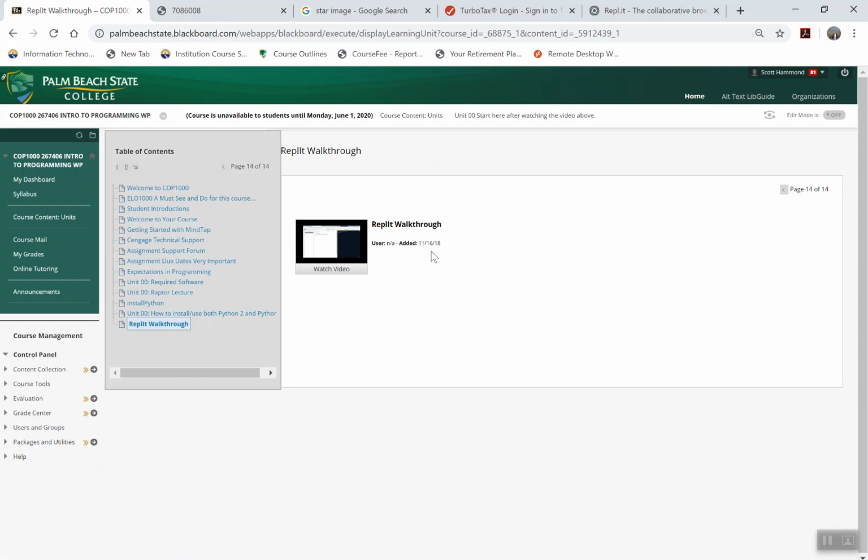Okay, so I've got a software application. It's called repl.it. That's the actual URL for it. I've got a link in that Welcome to COP1000 document that had the who's, the whys, the wheres. There's a link to repl.it in there. You'll go in and set up an account. And repl.it is a place for you to work on your code, execute your code,